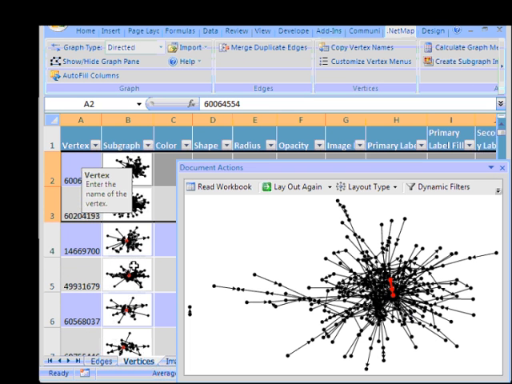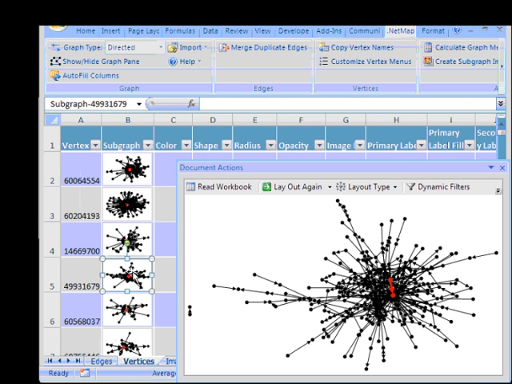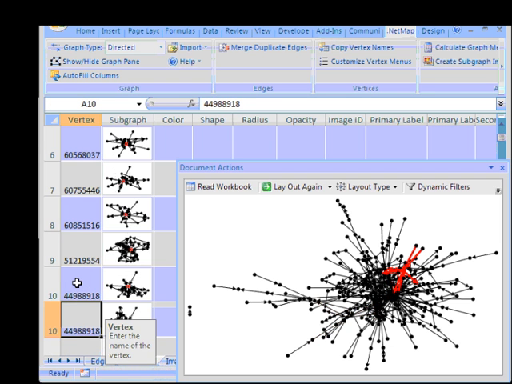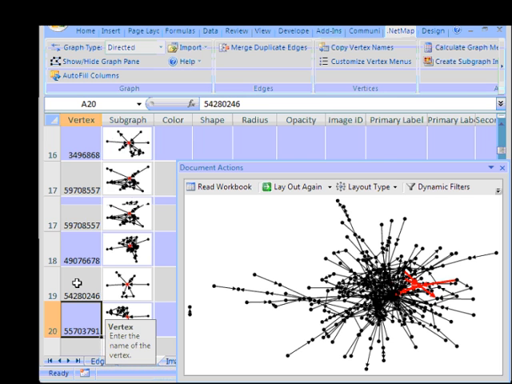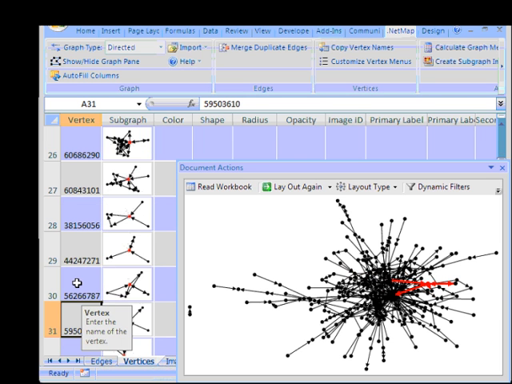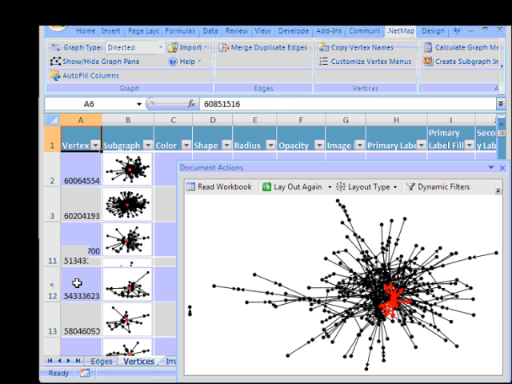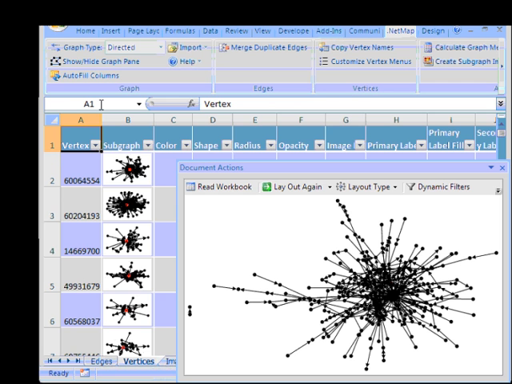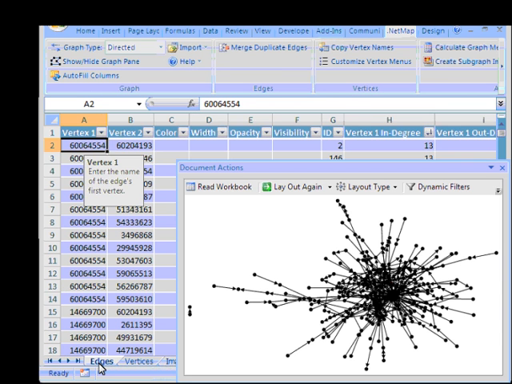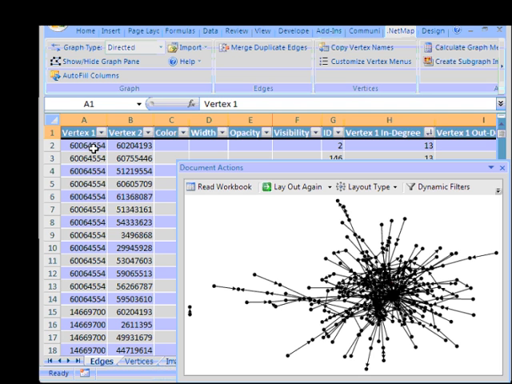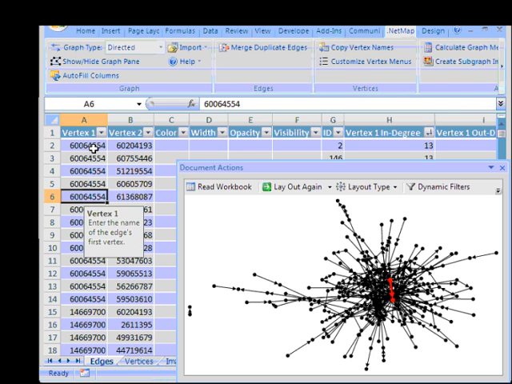I'll then close this, and we should see the images of each of the nodes, now with their own graph related to them. I'm now going to attempt to color the graph in some useful way. So we'll go to the Edges worksheet, and we can see that each of these is a relationship.